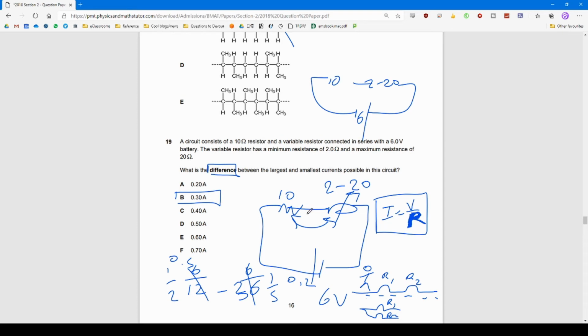And so knowing that, you take this 10 and add it to 220 to get the final answer for the resistance of 12,230. And then knowing this, again, you do the calculation using this I is V over R idea. The way you can think about it is that